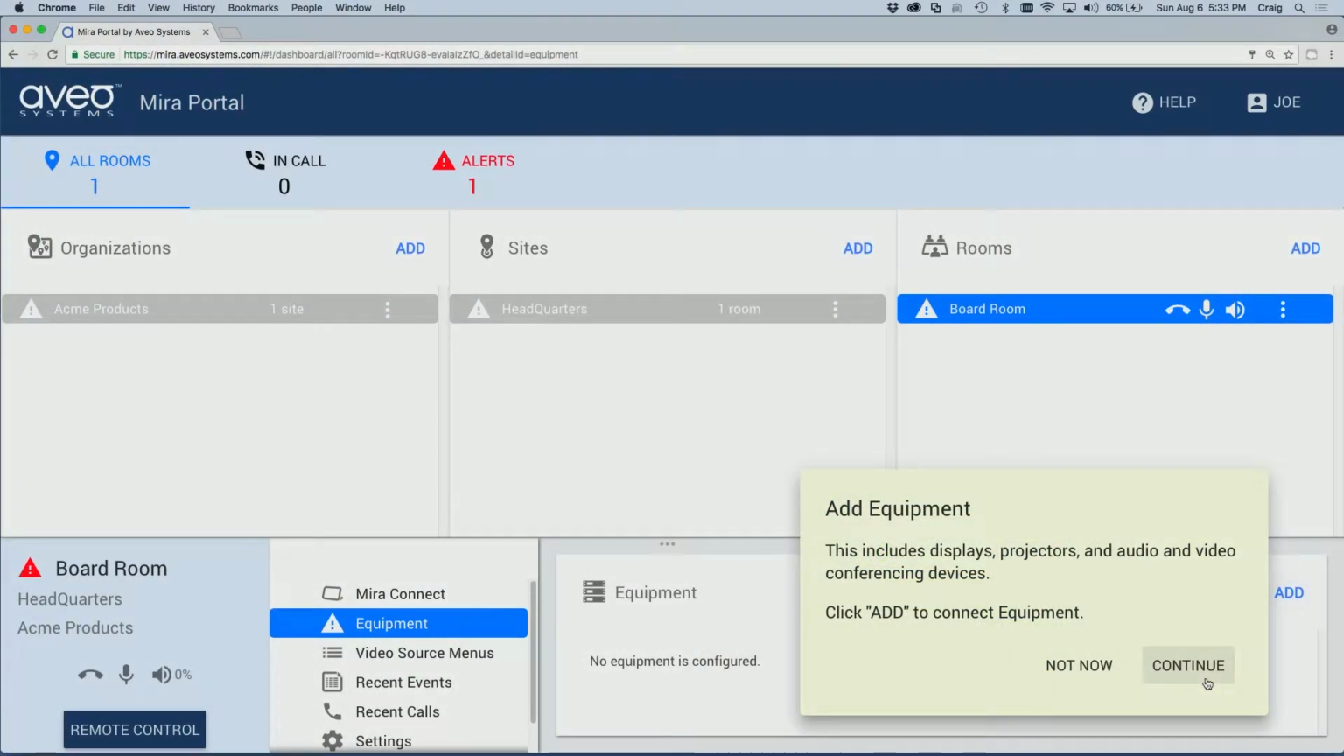For this tutorial, adding audio DSP equipment, we'll start with Mira Connect paired to a room. Refer to the video Getting Started with Mira Connect if you haven't yet completed that step. Although you don't need a Mira Connect paired to the room to add equipment, it does make some configuration steps easier and faster. In this example, we'll add a Polycom sound structure audio DSP, set up the control points, and